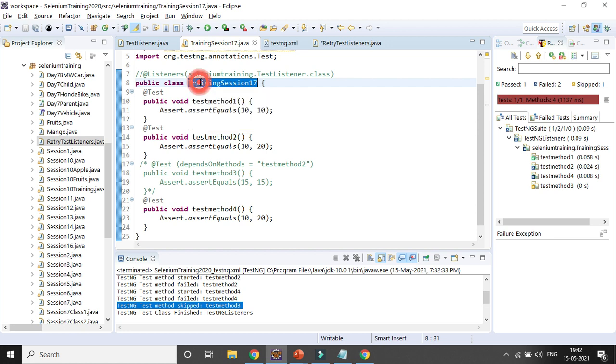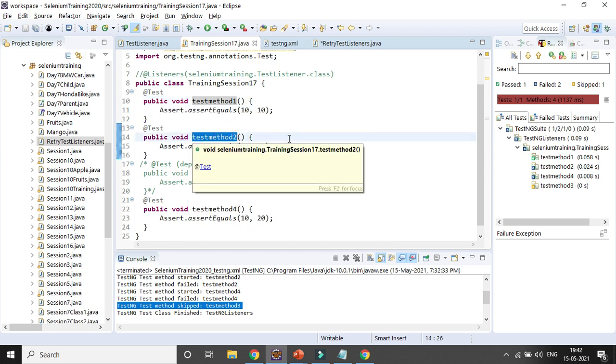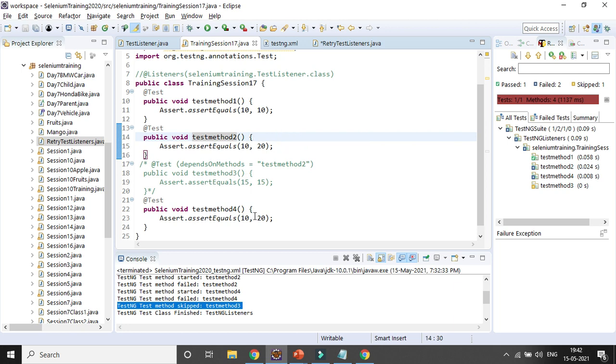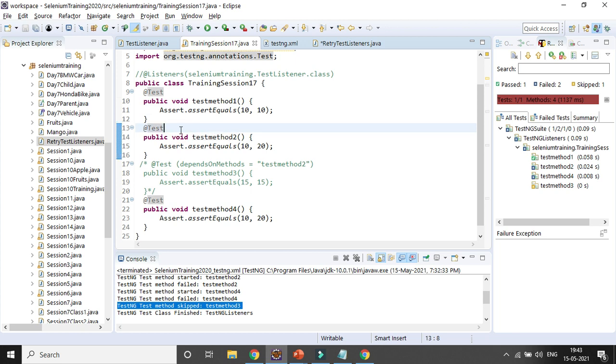This is the main class, the TestNG class. One is test method 1, which is also passed because the assertion is getting passed. One is test method 2, which is also getting passed. One is test method 4, which I also want to make passed. Okay, let's make it fail. So what happens? I already told you, in case we are adding it at the test case level,